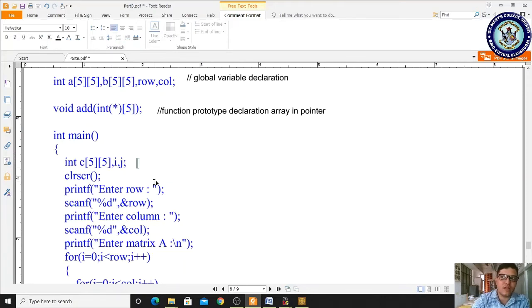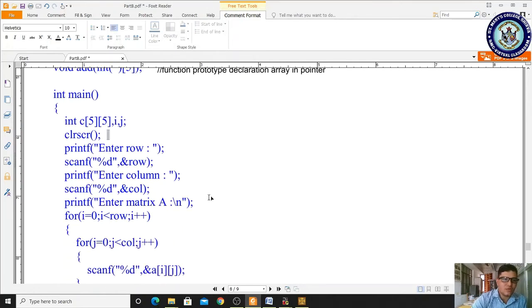I comma j are coming because they are for the nested for loop. And next we are declaring the clear screen function. After the variable declaration we have to specify the clear screen function. Now I am writing one output statement, enter the rows. We have to specify how many rows, so I am specifying it from the keyboard. Scanf function means we have to enter the value from the keyboard, right?